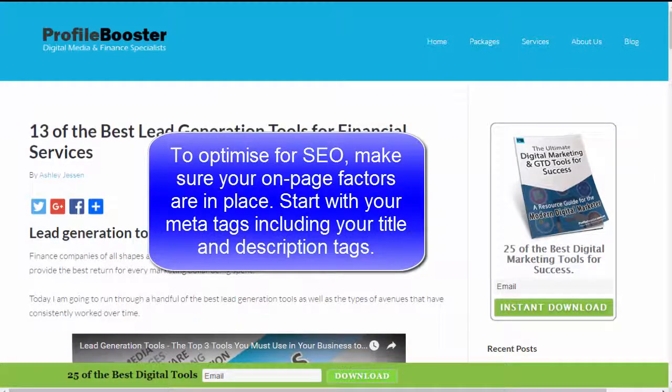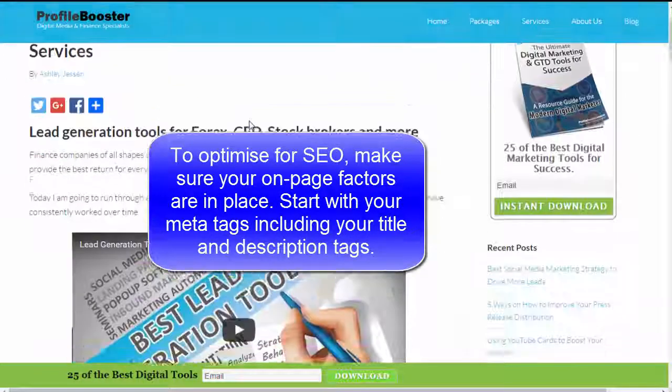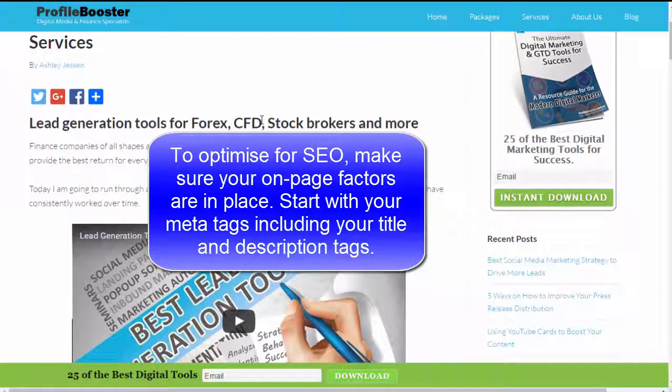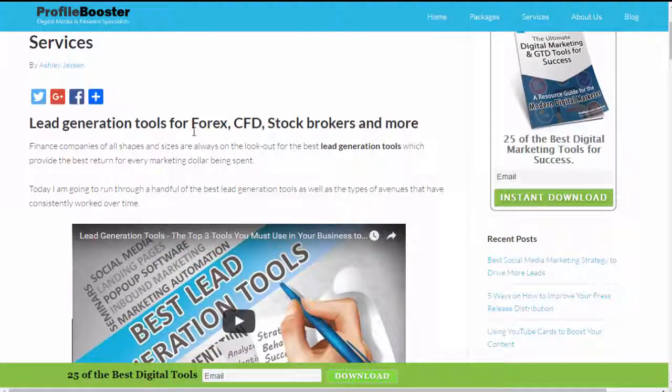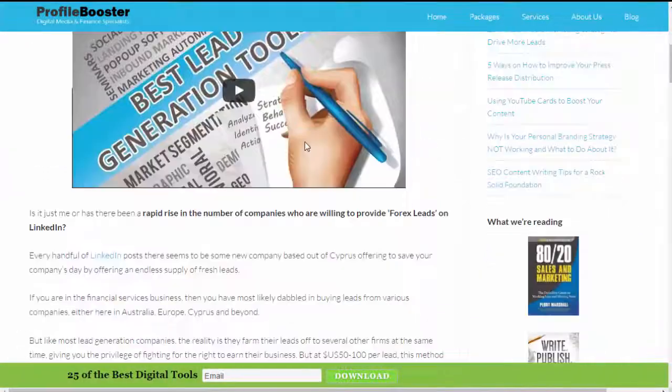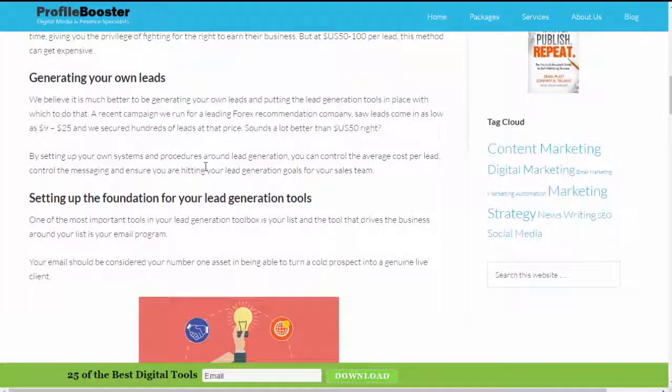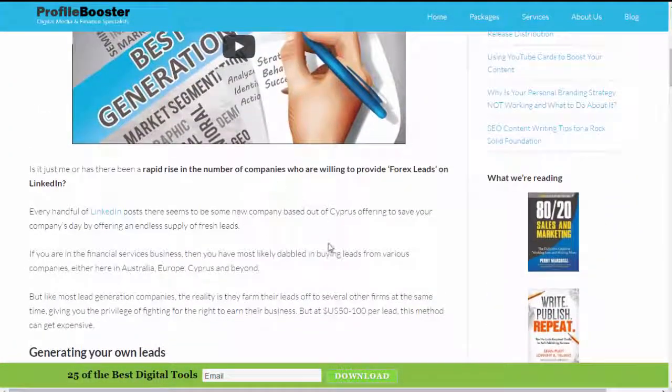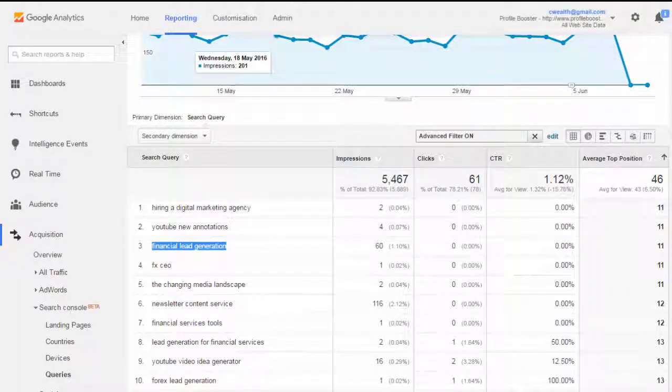I could change the title of it in the meta tags. And if we have a look at the description, I could go in and right click and view the page source just to check the description, just to make sure I've got something along the lines of financial lead generation there, because it's getting 60 impressions and that's for position 11. So I'm obviously going to get a lot more impressions if I can rank on the front page there. So then what I'll do is I'd go through and just try and make sure I've tidied it up, maybe bold a few of those things like financial lead generation on the page itself, so we can get a little bit closer to the front page ranking